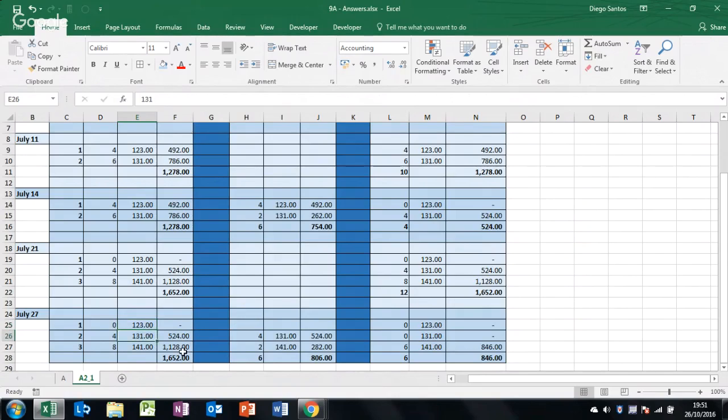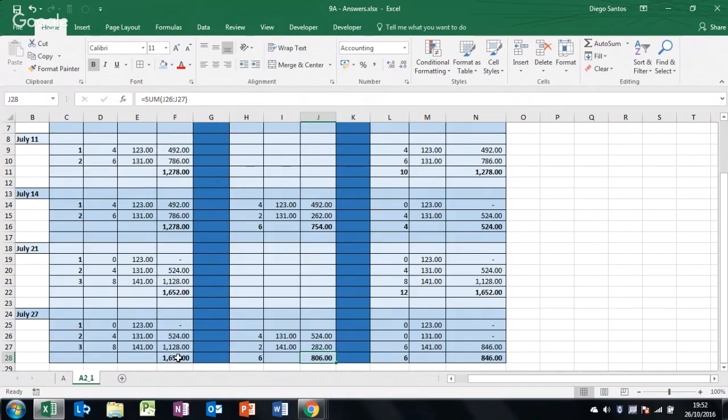We pass to the units at the price of 131, and we'll try to compute all that we can at this price range. And because we just have 4, we sold all of these, and the remaining 2 will compute at the price of 141. Gives us a cost of goods sold of